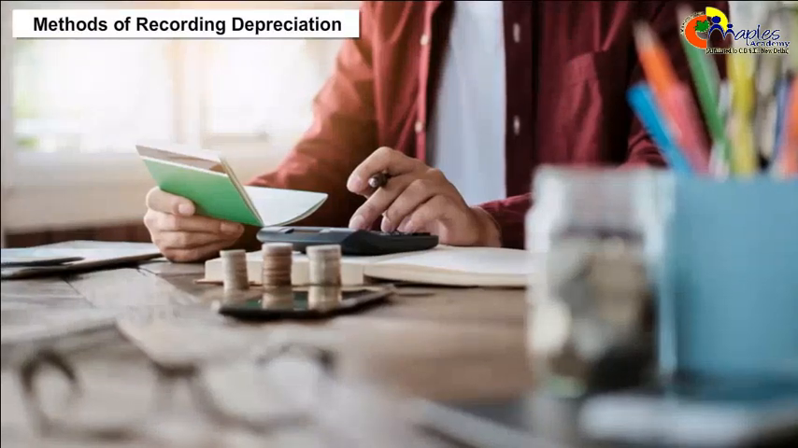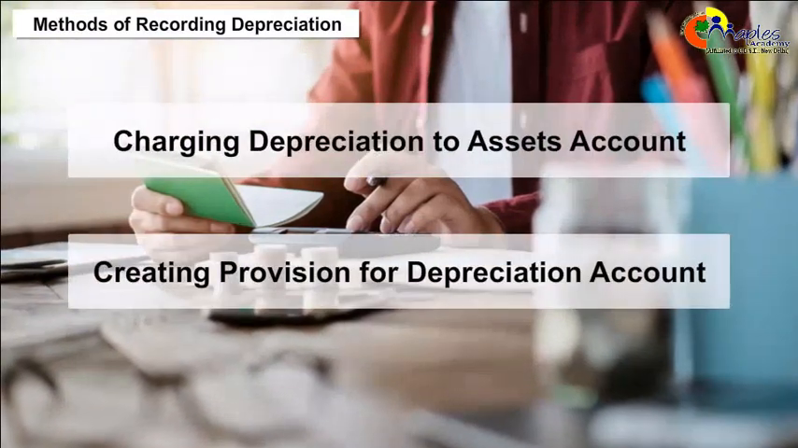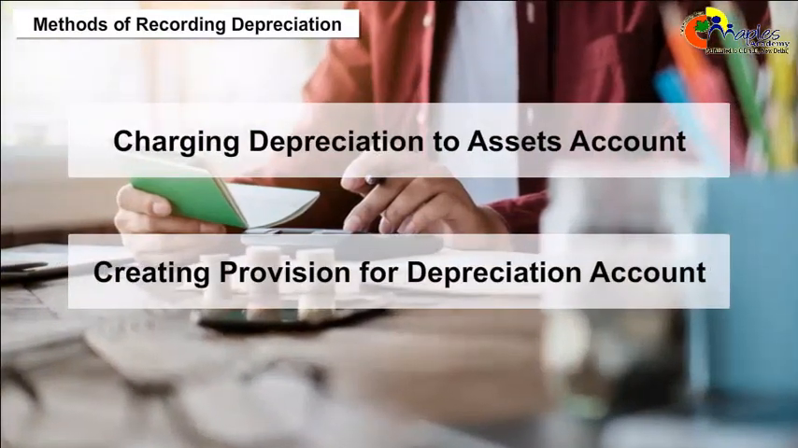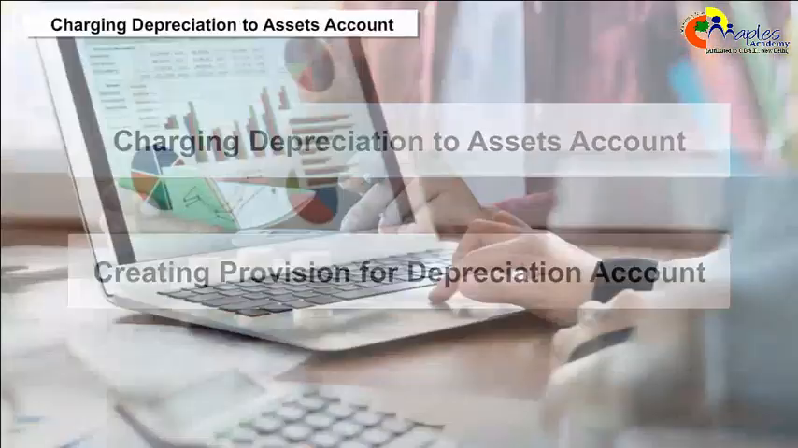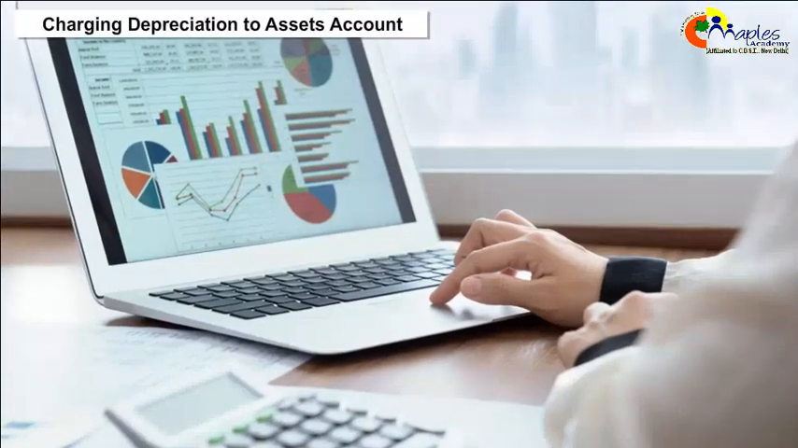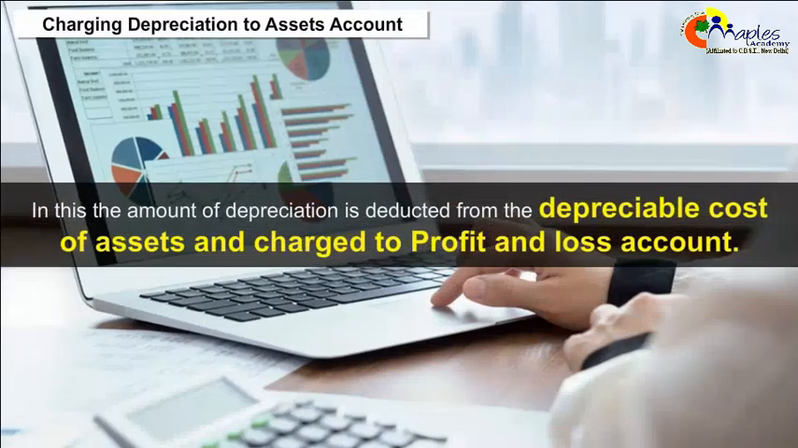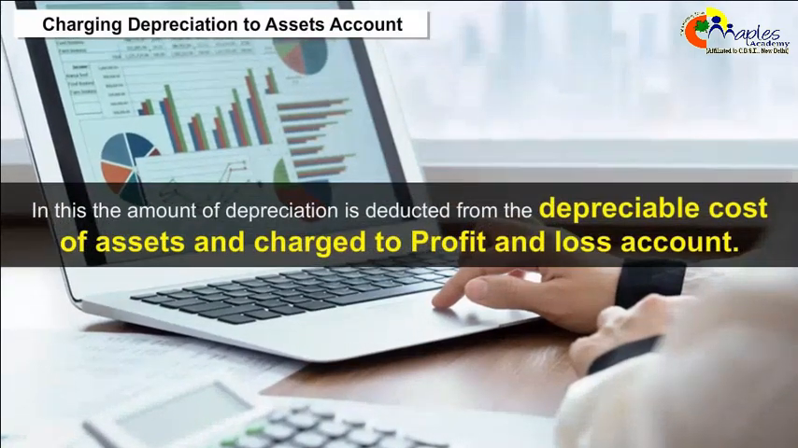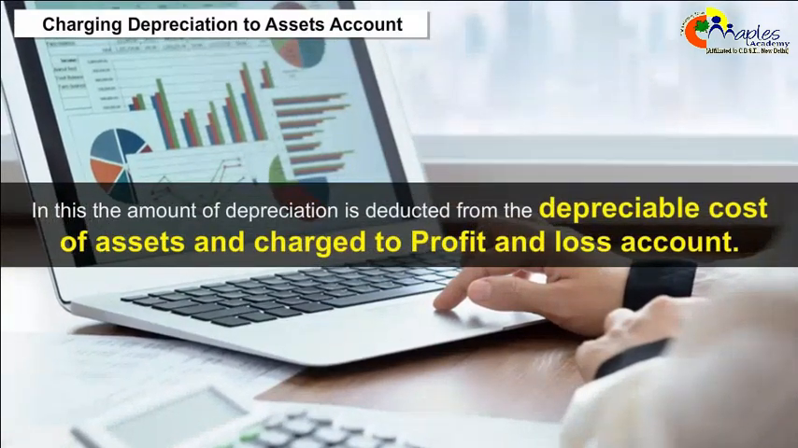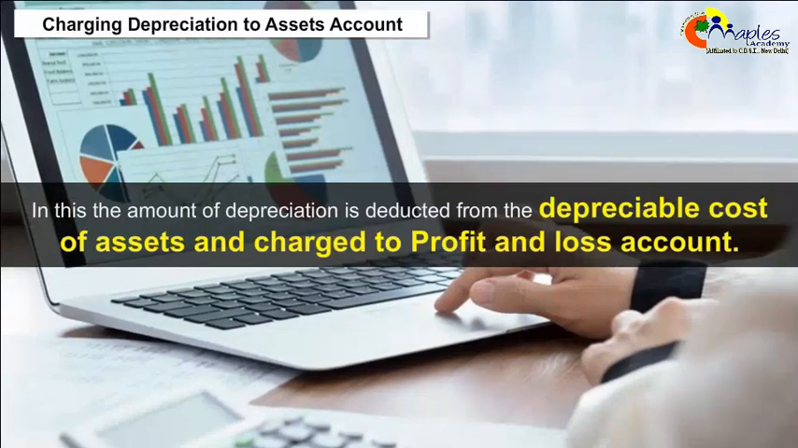Methods of recording depreciation. There are two types of methods to record depreciation transactions. Charging depreciation to asset account. In this, the amount of depreciation is deducted from the depreciable cost of assets and charged to profit and loss